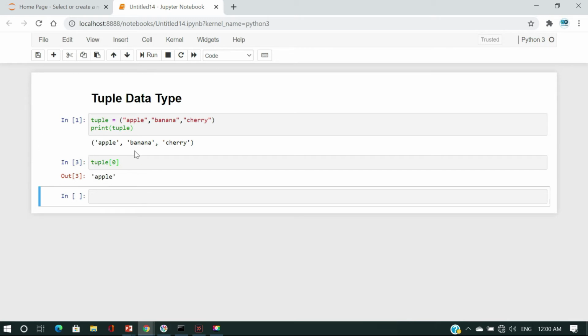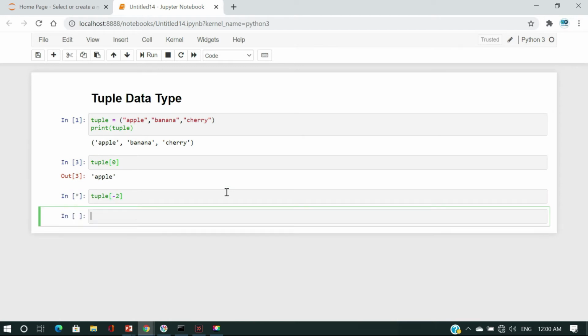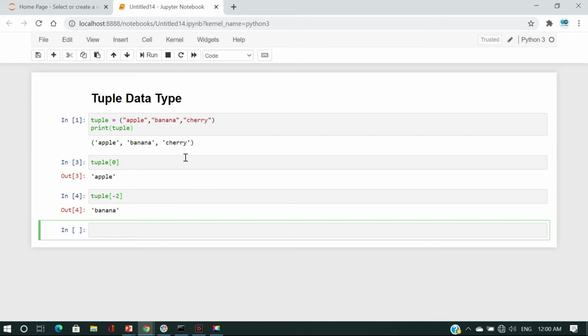So tuple index 0 value should be apple, and tuple negative index value -2 is equal to banana. The negative index starts from back to front. It will start with index value 1. 1 is cherry and 2 is banana.